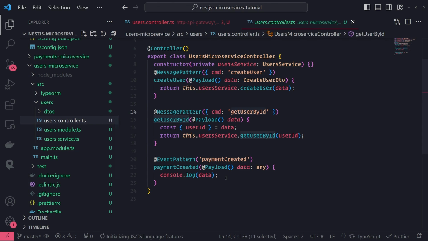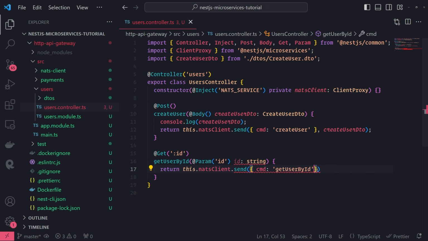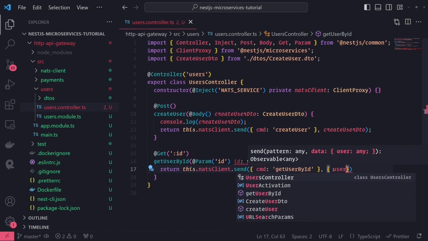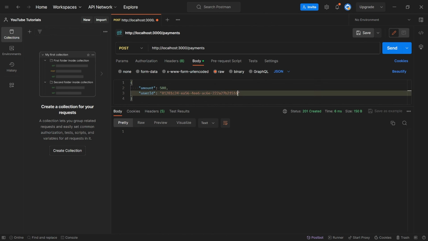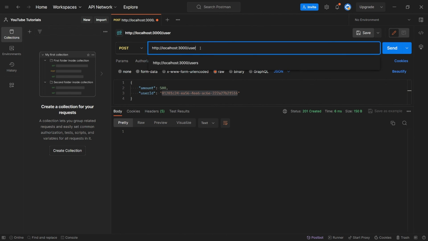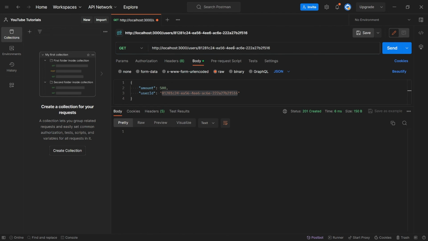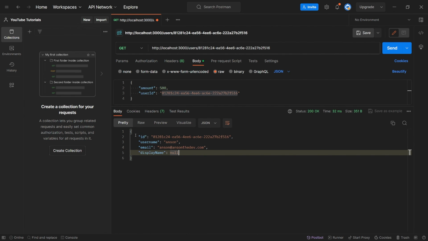If you look at the controller right over here, we already have this getUserById created that was used by the payments microservice. So we don't even need to do anything else but just send this call to the users microservice. So user ID will just be the ID, and yeah, that's pretty much it. So let's try this out. Let me grab this user ID and make a users/ID API call. And now I can see I can actually get that user from the database,